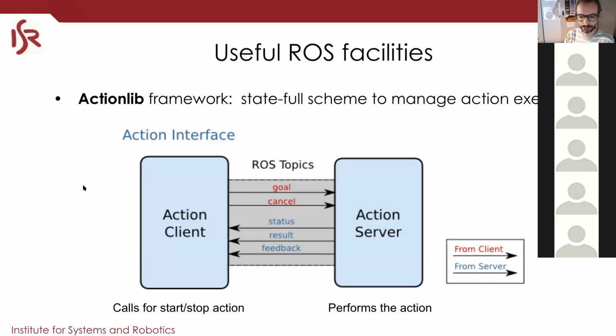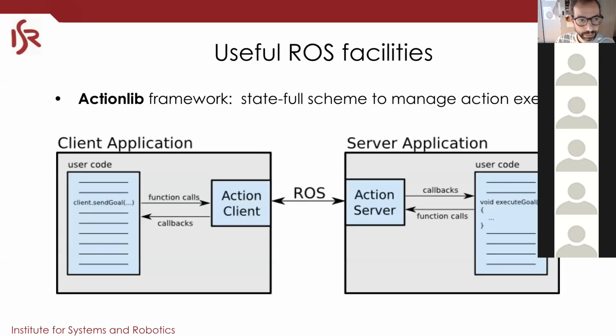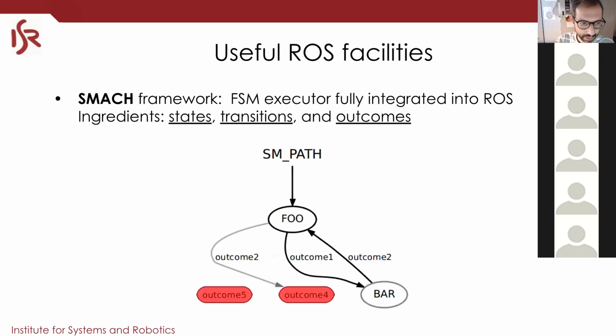So Actionlib allows you to launch actions. The pattern is I want the robot to start doing something, and then I want to tell it to stop. This can be achieved using Actionlib in a very, very easy way. Actionlib gives you guarantees that the action was started, even though under the hood it uses topics. Okay, and so you can start something, you can stop, you can preempt. So lots of flexibility in Actionlib. So I advise you to look into it. I'm going to skip details, of course.